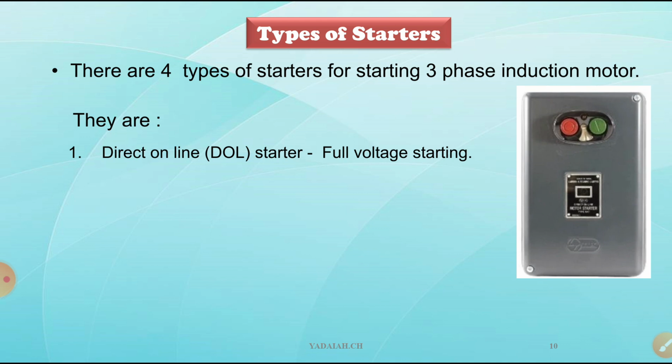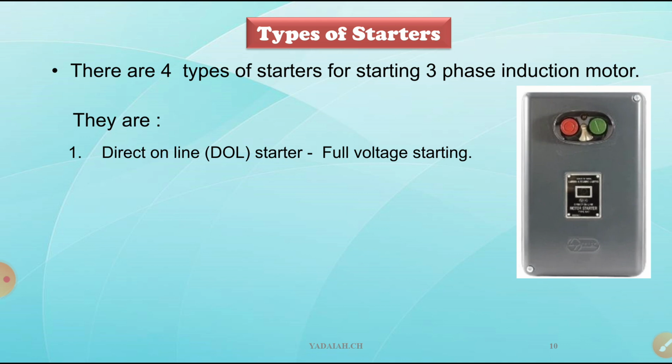The DOL starter cannot control the voltage or the current, but we can protect the motor from overload, underload and low voltage also. It has 2 coils similar to the 3-point starter, an over voltage coil, the OLR, and an under voltage coil. Similarly, we also have protective equipment using a bimetallic strip inside. That's why this DOL starter can be used for motors of less than 5 HP only, for full voltage starting purposes.